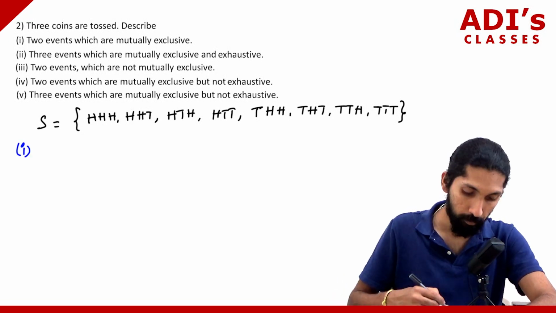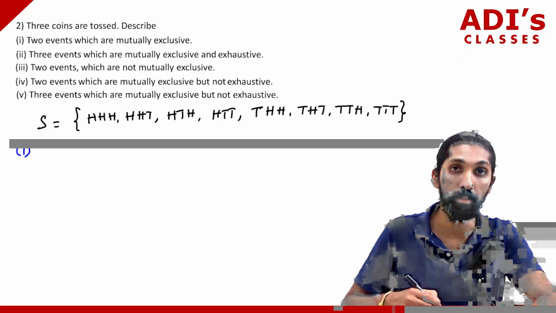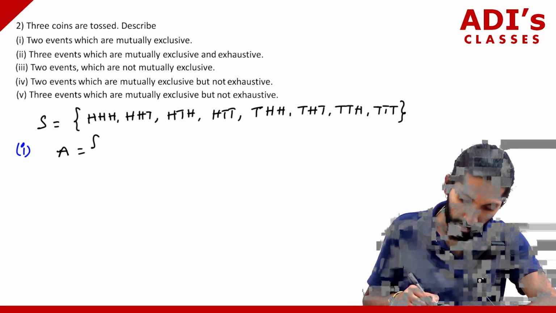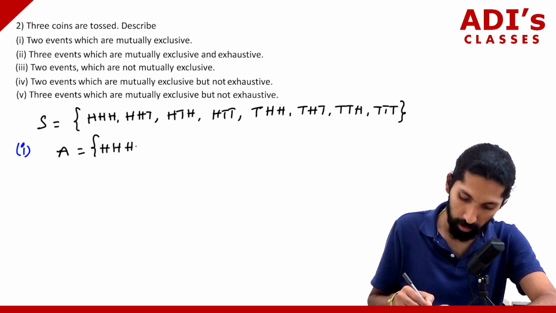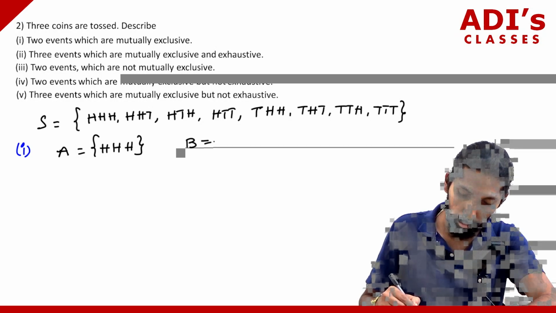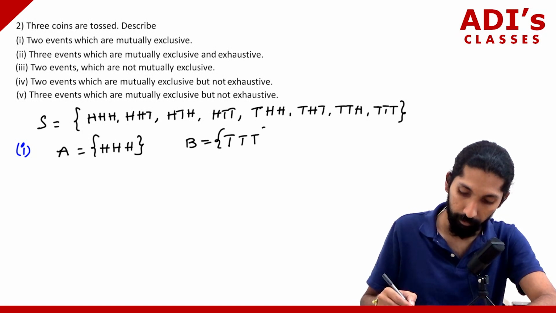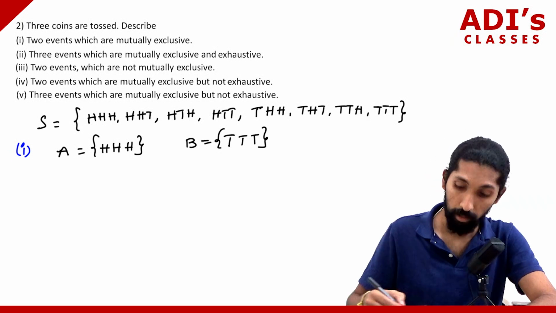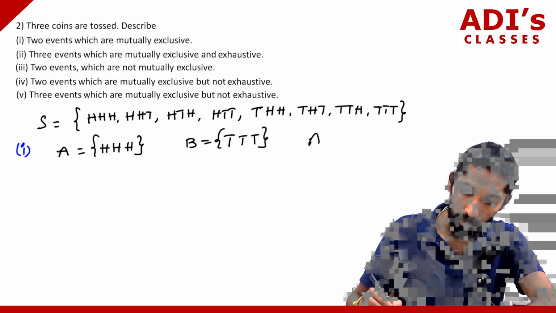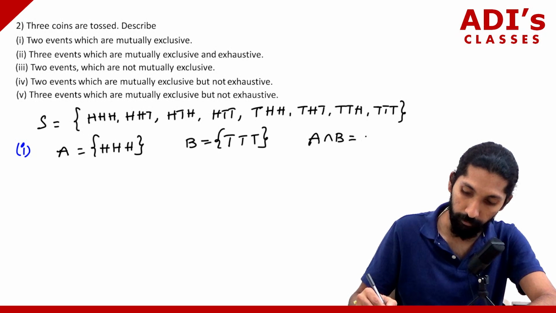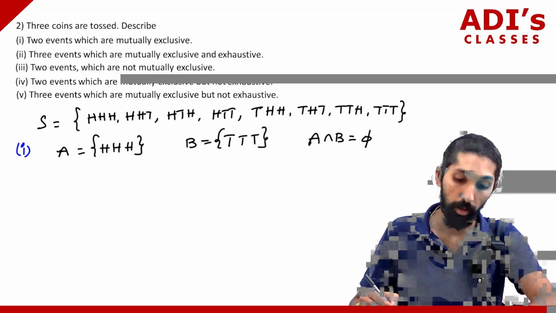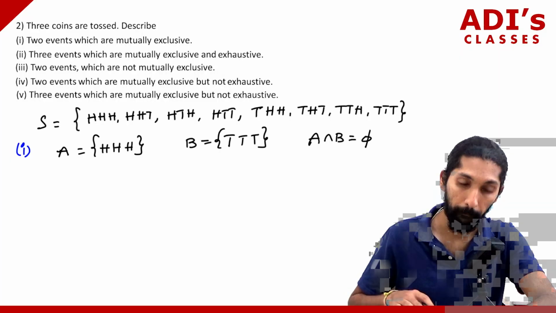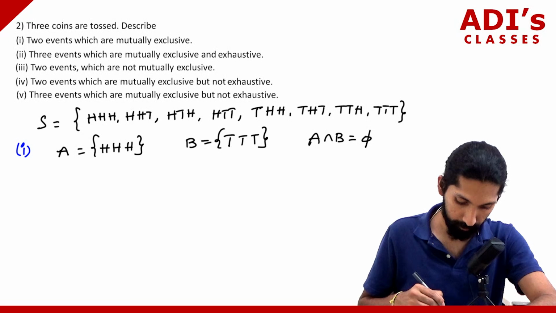So the first one, 2 events which are mutually exclusive. Now if you take event A to be, let's say, HHH, and event B to be TTT. Do you see anything common here? No. Correct? So A and B are mutually exclusive because it is 5. Okay, so we found the 2 events which are mutually exclusive. Correct? Now the second one,